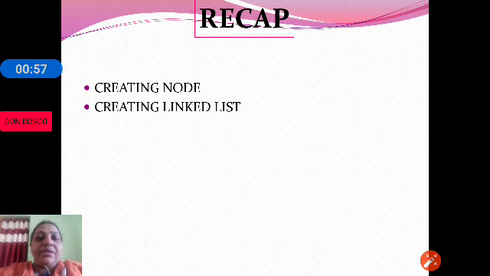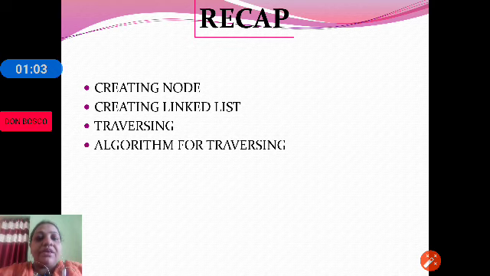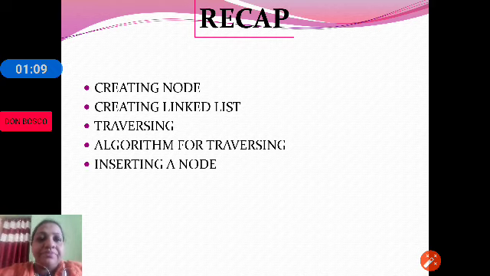Let us quickly recall the topics we have studied in our previous sessions. In the previous session we discussed how a node can be created, how we can create a linked list, how we can traverse the list, and how we can write an algorithm for traversing.